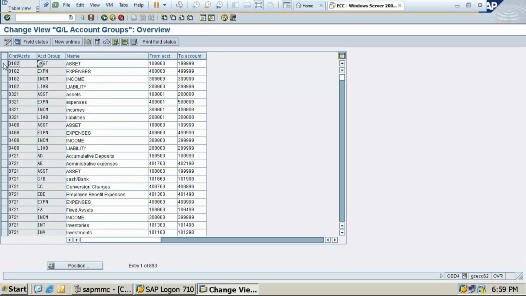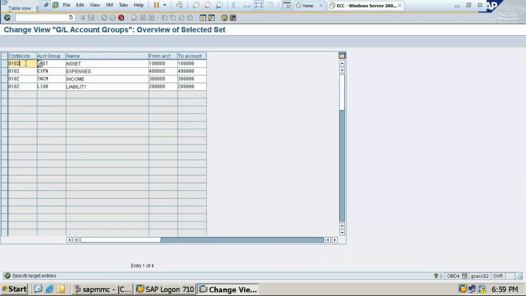So click on 1, 2, 3, 4. Only 4 you have to select, and we have to click on copy as. So I want to change this chart of accounts. What is my chart of accounts? SJ10. Take the help of mouse or use arrow key. Don't press enter, you can use arrow key.